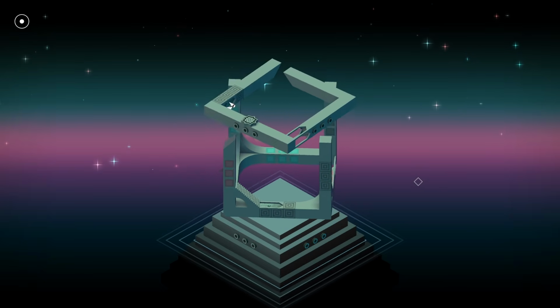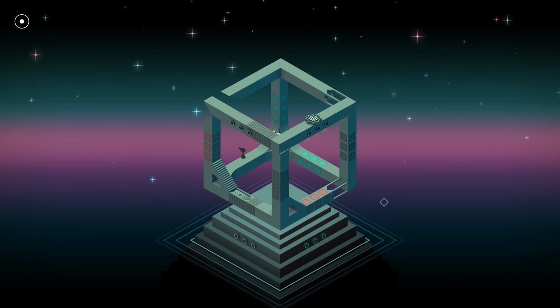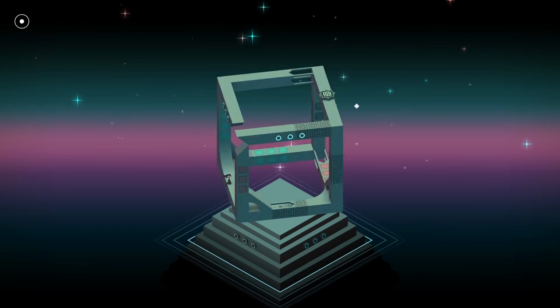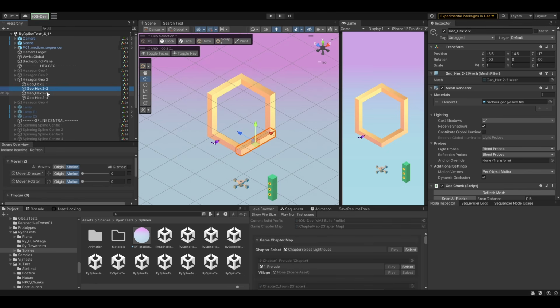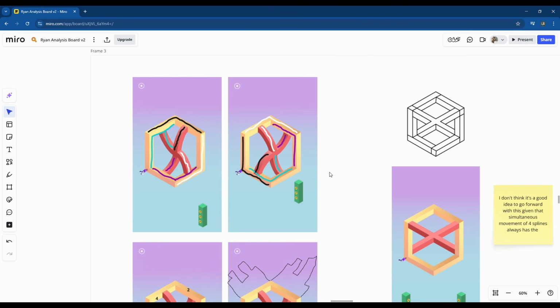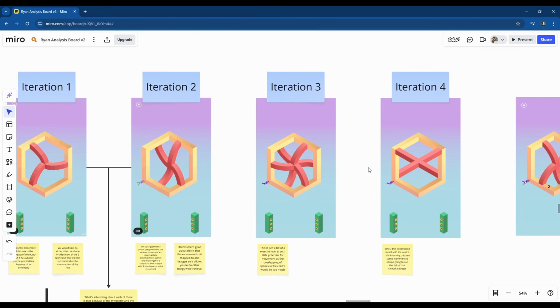Part of that work is looking through impossible artworks. I kept coming back to this inverted cube thing. It was actually the broad shape of the final puzzle in the first game. What I had decided was to hollow out the centre of the cube and use moving geo as the centre piece that the player interacts with. Playing with this hexagonal frame, there was one thing that became apparent. There is an inside face and an outside face that is difficult to traverse. But to have any possibility of a functional puzzle, the player needs to be able to move between these dimensions.